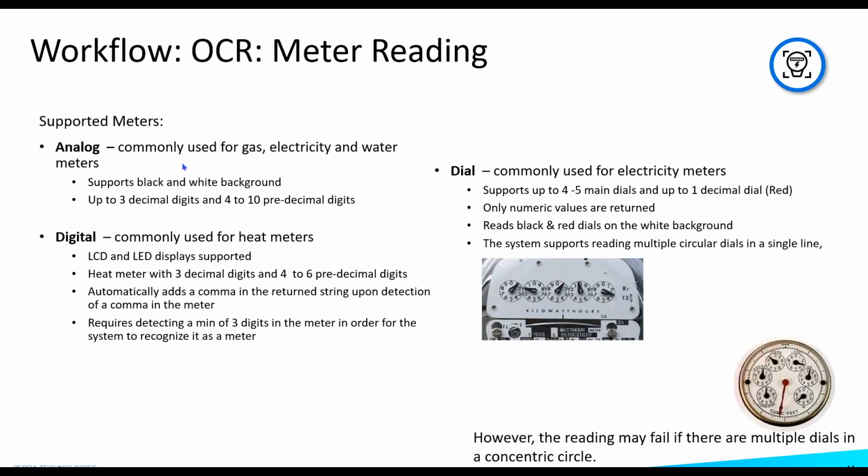supported meters: analog, commonly used for gas, electricity, and water meters, and digital, commonly used for heaters and heat meters, like LCD and LED displays, are supported. Heat meters with 3 decimal digits and 4 to 6 pre-decimal digits. It automatically adds commas in the returning string upon detection of a comma in the meter. It requires detecting a minimum of 3 digits in order for the system to recognize it as a meter. And also we support dial meters, where you have multiples of circular